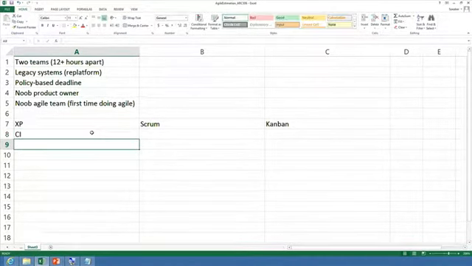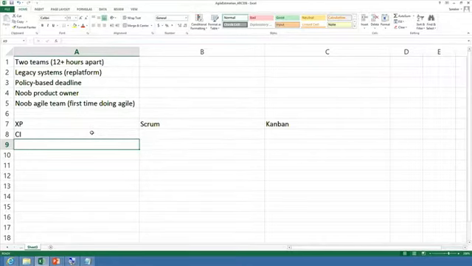CI. CI was mentioned. Okay, anything else? We can't do pair programming if half the team's in London and half the team's in Auckland, right? Dude, trust me, that 12-hour time difference is a killer. I have teams that I sync with in Bulgaria and in the US. You cannot find a perfect time to sync. My family's in New York City, and a lot of our customers are on the East Coast of the US, and Hong Kong is exactly 12 hours. Yeah, it's the worst.